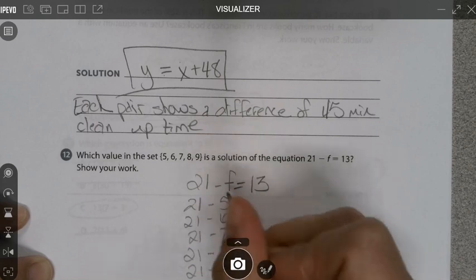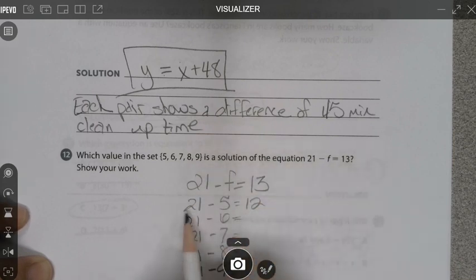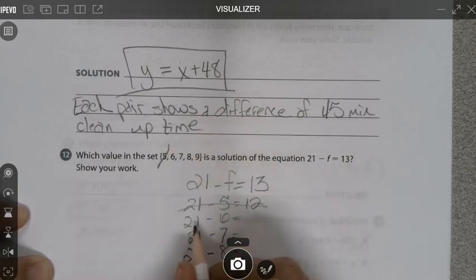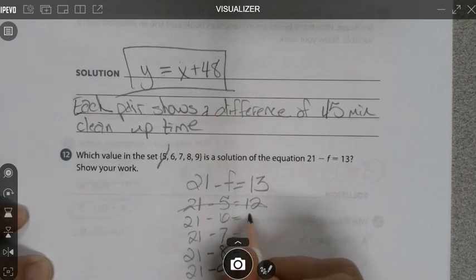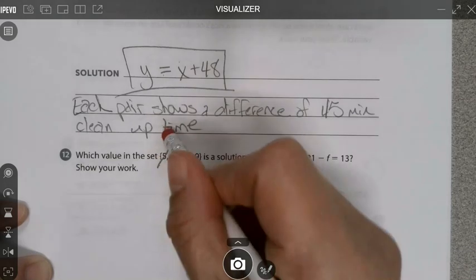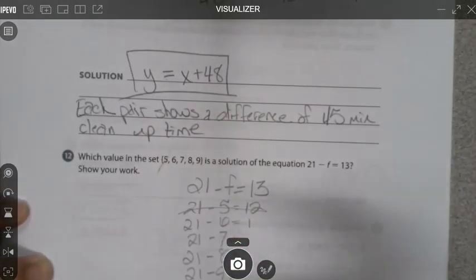Well, 21 minus 5 is 12, so that can't be it. 5's not it. 21 minus 6 is 13. Oh wait, I think I read that wrong. No, it's okay. So 13